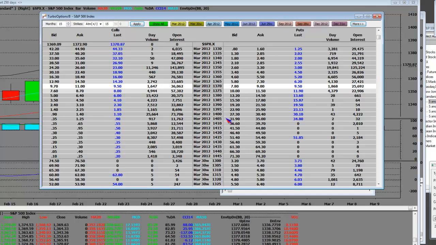They have big open interest here, 125,000 contracts at the 1350 put and 19,000 traded right here. That's this column. And they're monthly, and they expire next Friday. And today is Sunday,